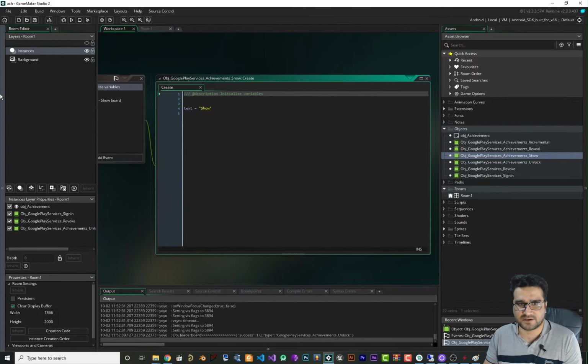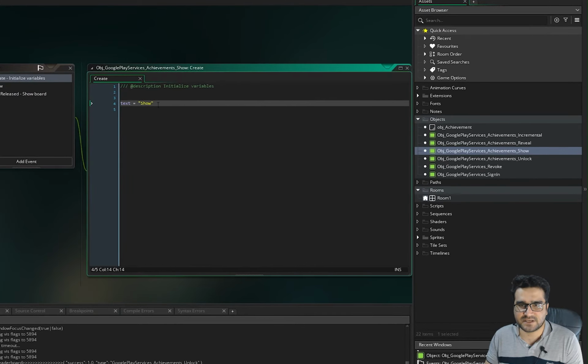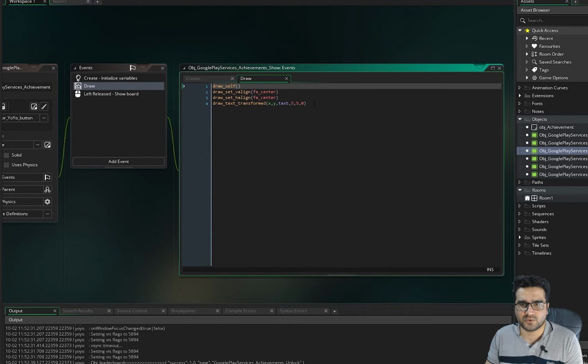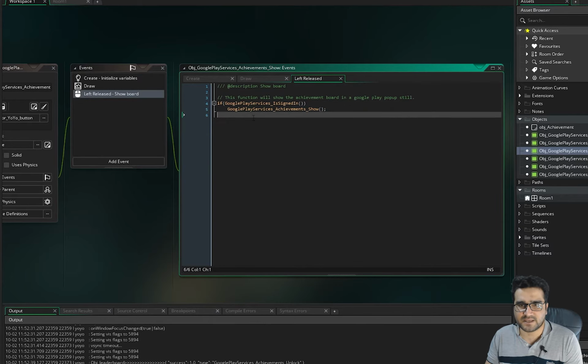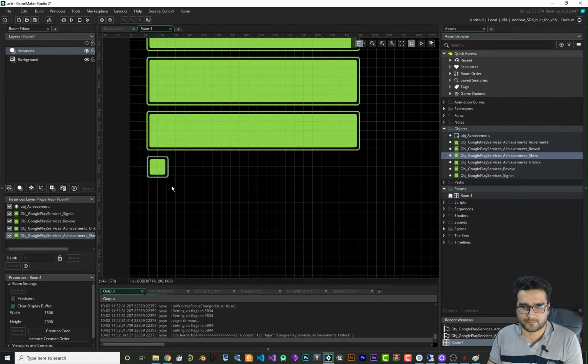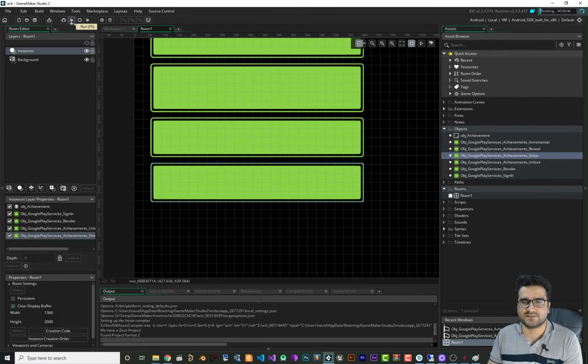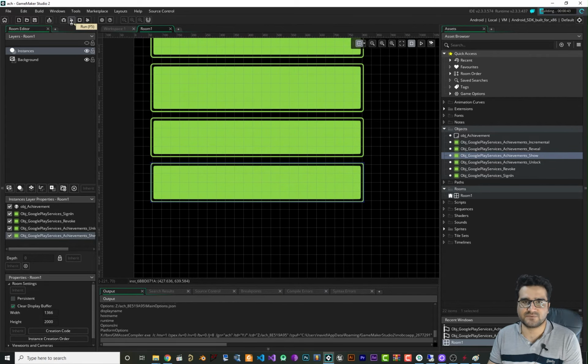In here we have create in our achievement show, and it's just a text that will be drawn on our button. And in draw, we just draw it on the button, and in left press we say if we are signed in, just say Google Play Service achievements show. So whenever you write these two lines of code, it will show the player his or her achievements. So let's just add that to our room. And now let's just run it. It doesn't need any ID because it shows all the achievements that player